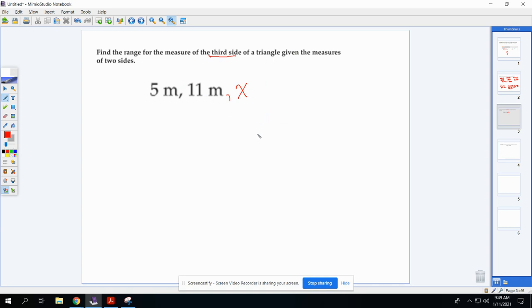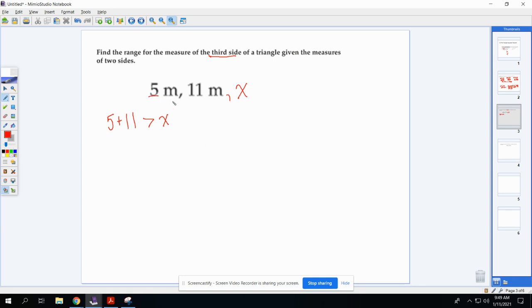One with x on the left, one with x on the right. So let's go ahead and start off here by saying 5 plus 11 has to be greater than x. Okay, 5 plus 11 has to be greater than x. Now the second inequality here, what I want to do is add my